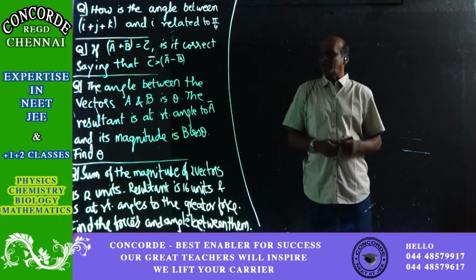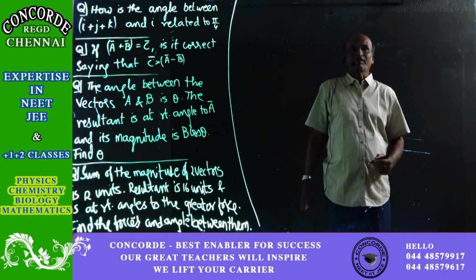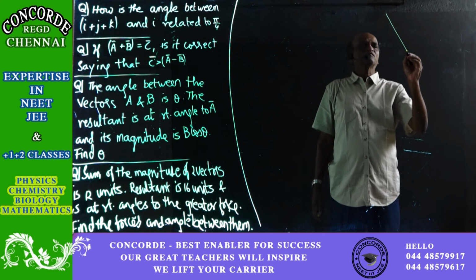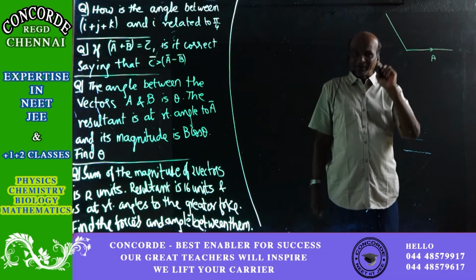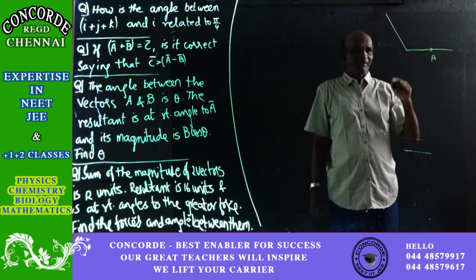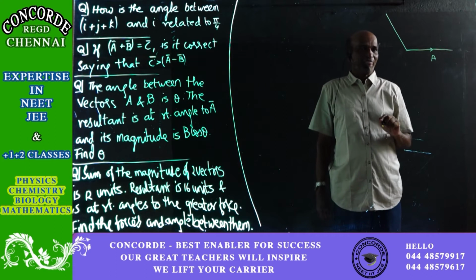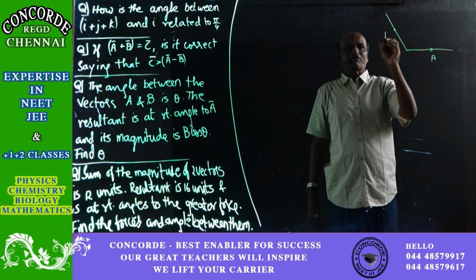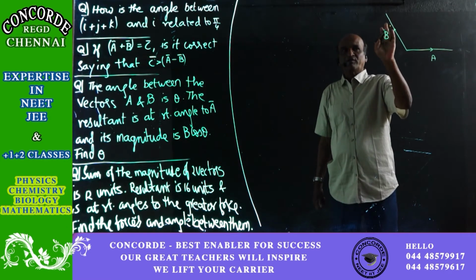So, keeping all this in mind, let us show it in the diagram. The angle between the vectors A and B is theta. So, if this is equal to A, I am only showing the magnitude. If A bar is a vector, then we know that it can also be represented by A cap, where A represents the magnitude and A cap will be the direction. So, I am showing only the magnitude. Looking into the magnitude of B bar, let us say it is equal to B, the magnitude alone.